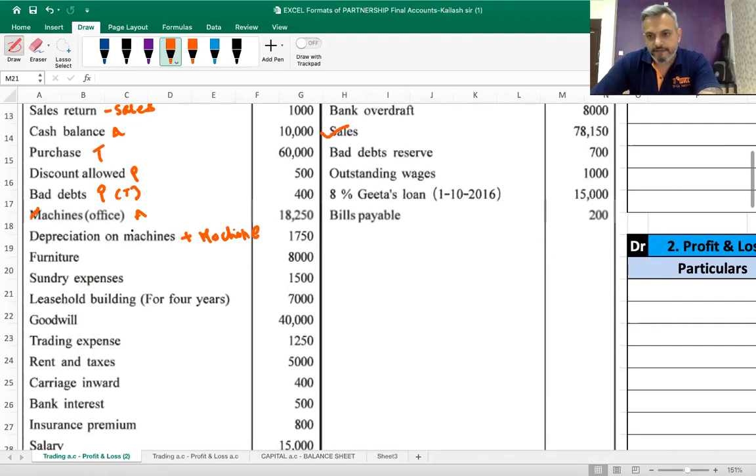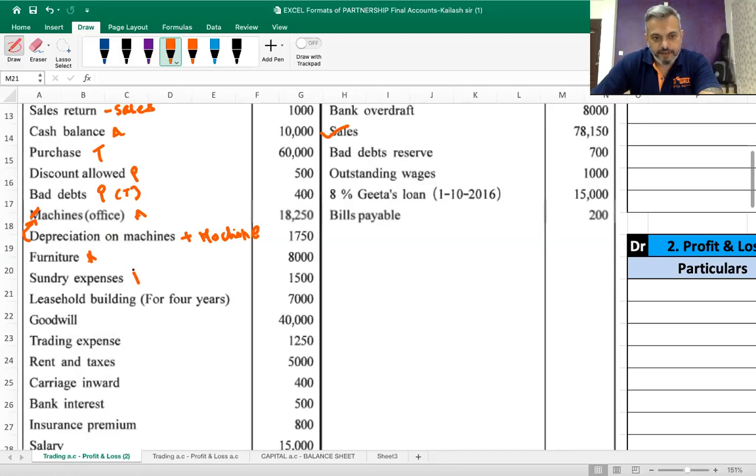See, there are many ways we can solve this, but let's follow one method. Now if you will say ki, sir, what if percentage was not given in adjustment? If it was not given, we would have directly transferred depreciation on machine to profit and loss. Okay, but here it is given, so we add this depreciation on machines to machines. Then furniture,